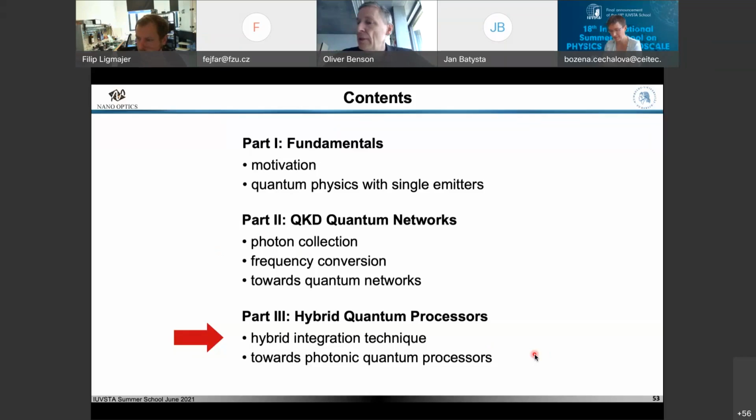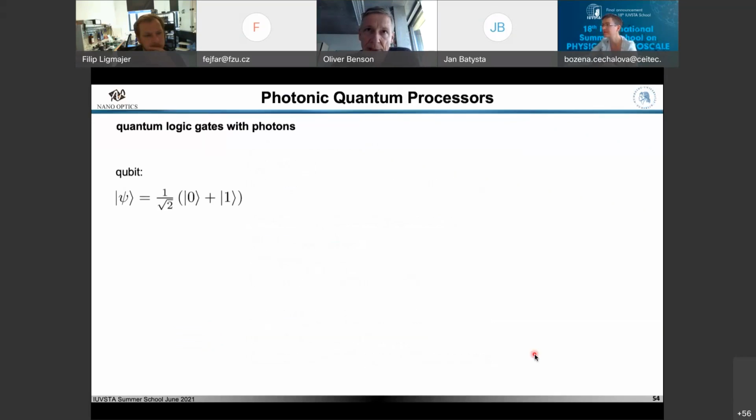I have only maybe a couple of minutes, so I cannot go into details in talking about photonic quantum processing. This would be a lecture by its own, but I would like to maybe transport the idea why hybrid systems, non-photonic hybrid systems, are also of relevance for these kind of applications as hybrid quantum processors. And let me maybe at least introduce the qubit, the photonic qubit.